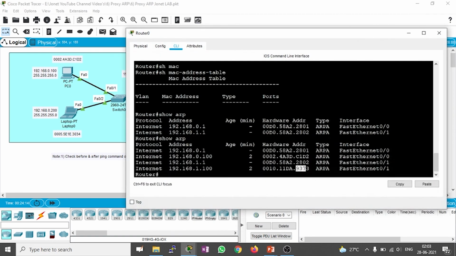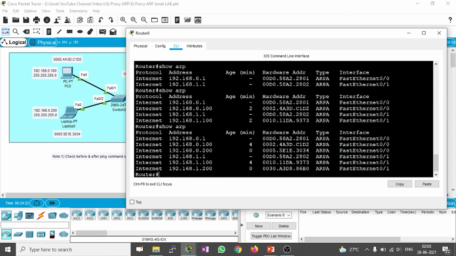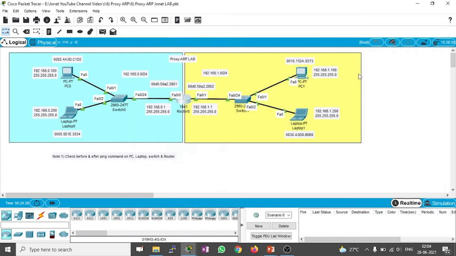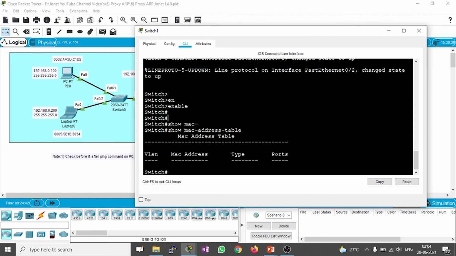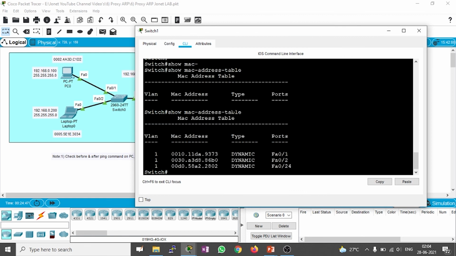Now go to the router. Again give the same command, show ARP. Now the router can learn the IP address. Usually the router will forward the packet based on your network IP address only, that is the gateway which you assign in the desktops and laptops. It's a layer 3 device. But the switch, that is a layer 2 device, earlier had not learned any MAC address. Now this switch 1 will learn the MAC address once the communication happens.